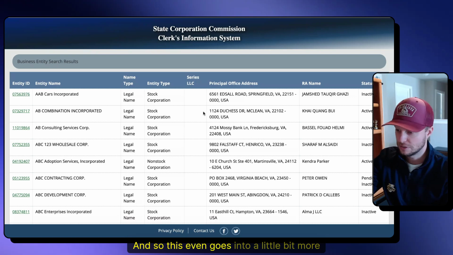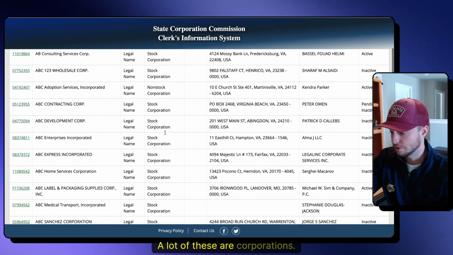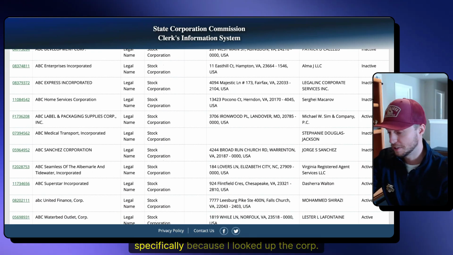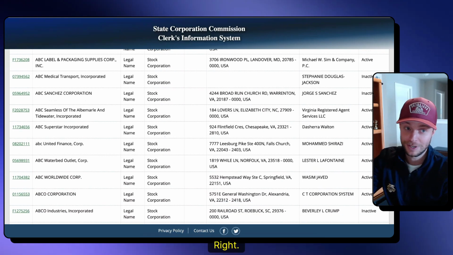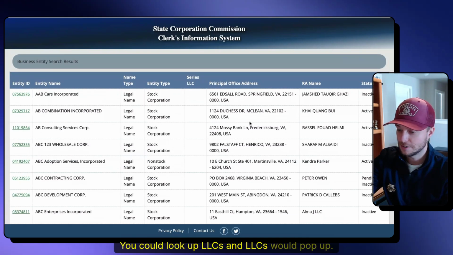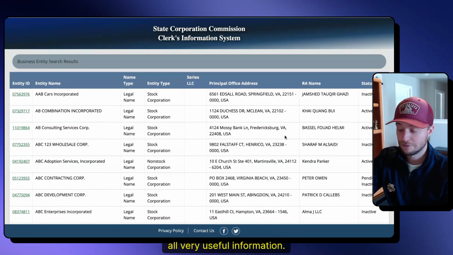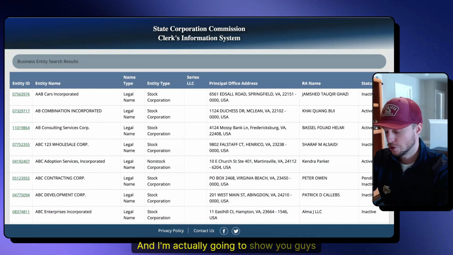And so this even goes into a little bit more detail than in the Wisconsin realm, right? You can see the entity type. It's a corporation. A lot of these are corporations, it looks like, specifically because I looked up the corp, right, as opposed to an LLC. But you could look up LLCs, and LLCs would pop up. The registered agent names would pop up, and the principal office address. So yes, all very useful information. And I'm actually going to show you guys